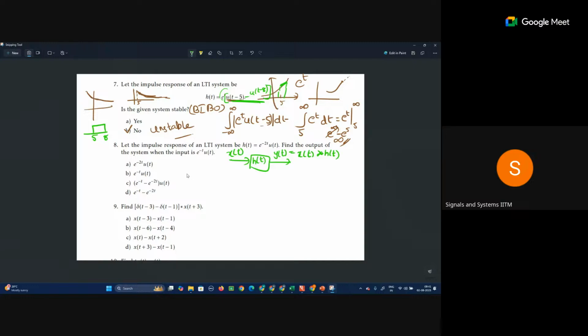So here, they have given the input as e power minus t u of t. So e power minus t u of t needs to be convolved with e power minus 2t u of t. It is a convolution form, right? So convolution is the integral from minus infinity